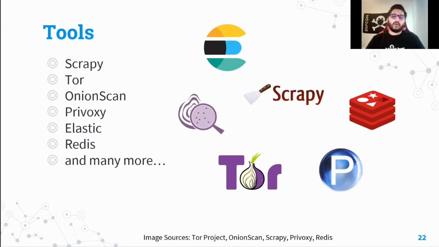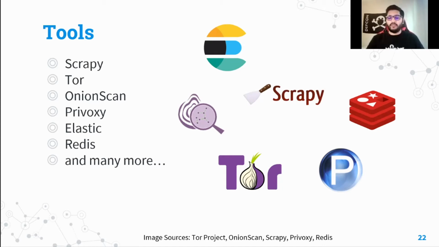Basically, you would want to get data from the dark web automatically, so you would want to automate it and pay less attention to it, because you would rather spend your time analyzing the data than getting the data. That's why you can use these tools to automate your data gathering. Starting with Scrapy, a Python web crawling framework that has multi-threading capability built in. We'll talk later on about why multi-threading capability is important.